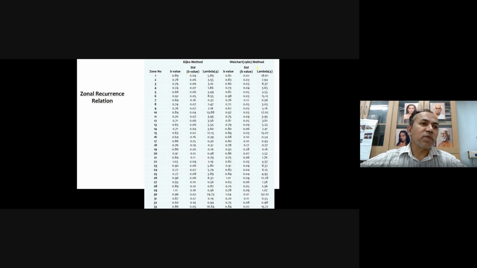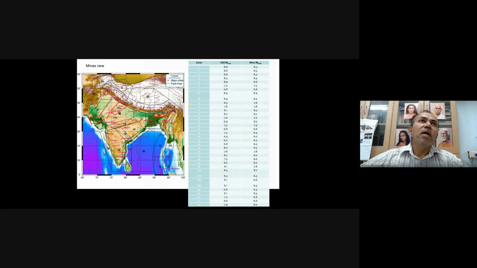So we use these standard approaches, which are widely used internationally, for all these 33 zones, for these A and B parameters. And then the Mmax, the maximum magnitude possible in a given region, has also been calculated here. But sometimes, as already mentioned, when the data is very short and you don't have confidence, you have to go by expert opinion. So this came from the data. Based on a lot of discussions, because we had a committee where experts from NGRI, GSI, NCS, and many other people were there, we revised some of these values also, wherever data scarcity was there.